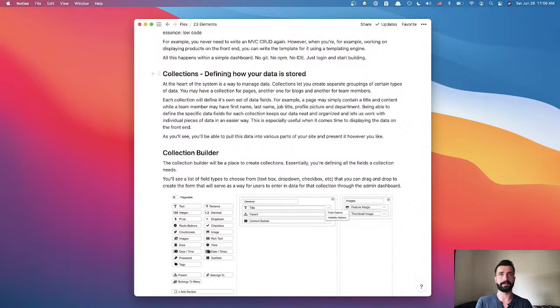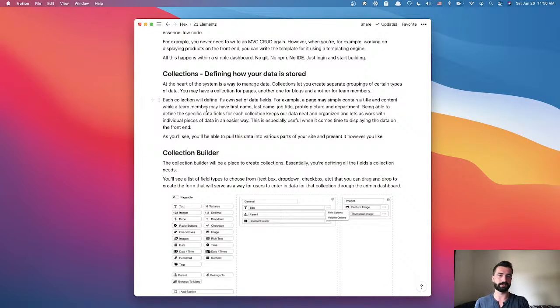A team member might have attributes like a first name, a last name, a job title, a profile picture, and a department that they're part of. You can create a simple page and list out all that information for each user, and then just copy that content over for every user that you're building.